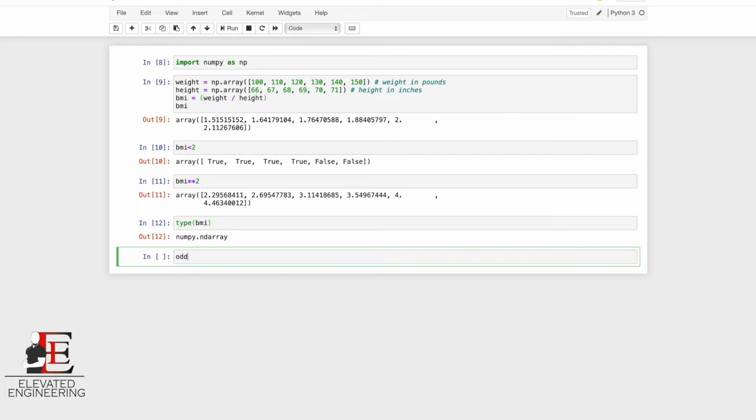So let's create the variable odd, then we are going to have our weight array, and we want to do a modulus. Modulus is going to give us a remainder, right? So when we divide every element in our array by 2, we want to have